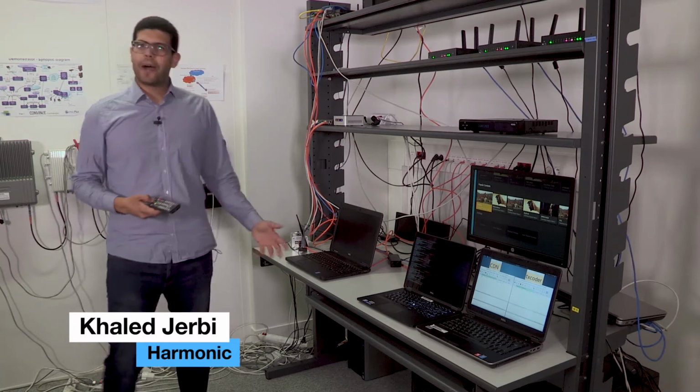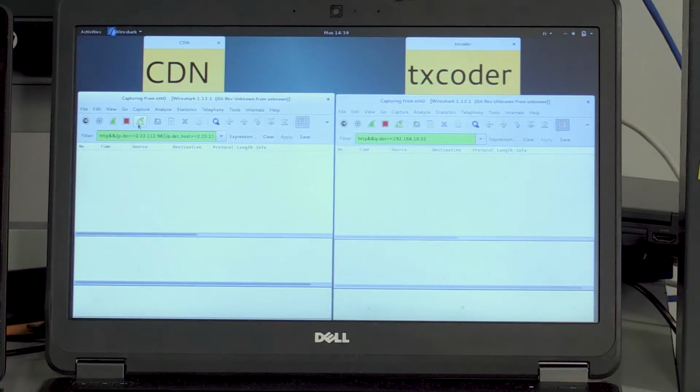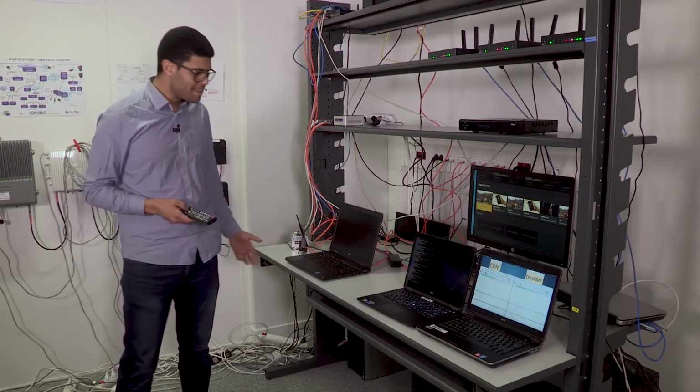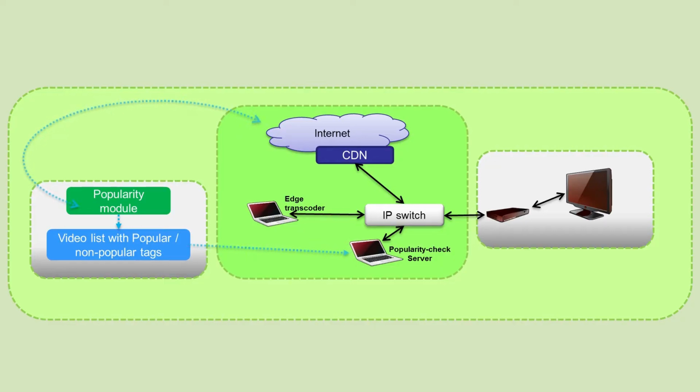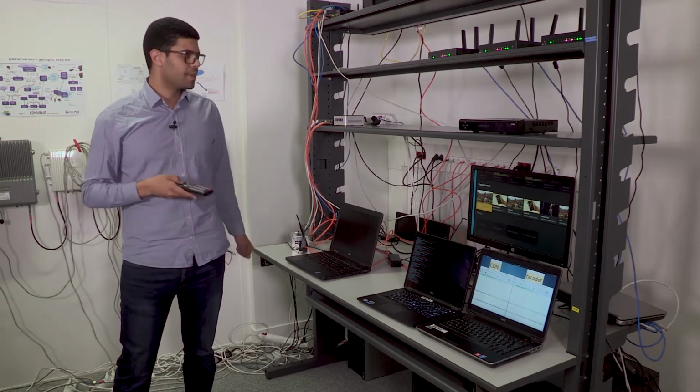In this use case, we show how we can reduce the power consumption of videos on CDN for non-popular contents. The popularity of videos is continuously updated on a popularity server that we have here. When the set-top box asks for a video that is popular,